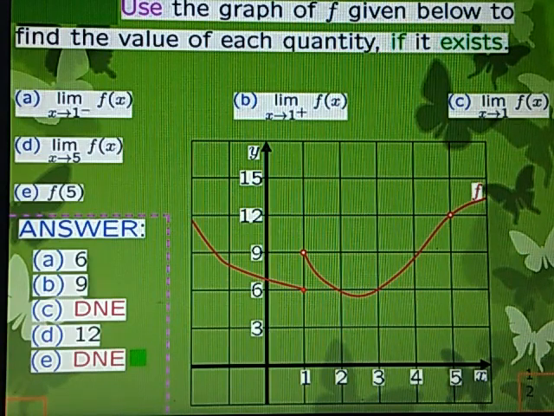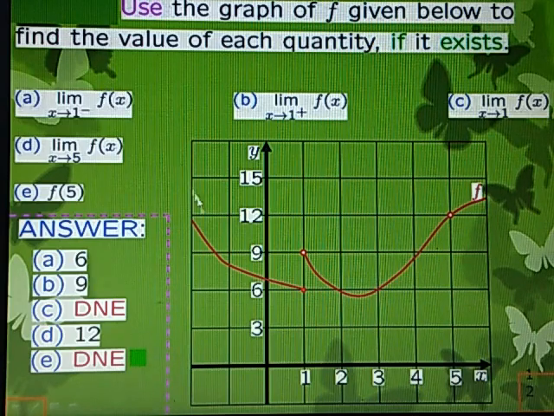Now one quick example. Only through a graph, we can answer all these questions. See here, a function f(x) is plotted. We don't know what this function is, but it is plotted. Now the first part talks about the value to which the function is approaching when x is smaller than 1, on the left of 1. So you look at the curve on the left of 1. As we get closer and closer to 1 from the left, you will see the curve is approaching 6. f(x) is approaching the value 6. Understood? So how will we define the left-hand limit of f(x)? When x is approaching 1 from the left, f(x) is approaching 6.